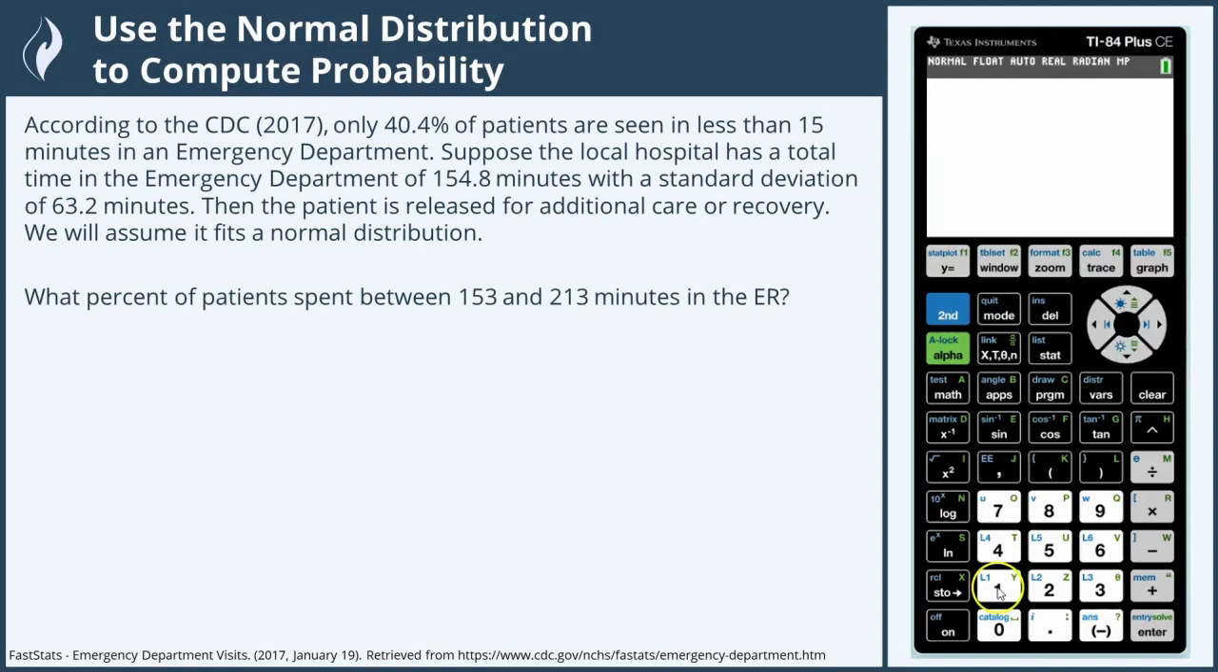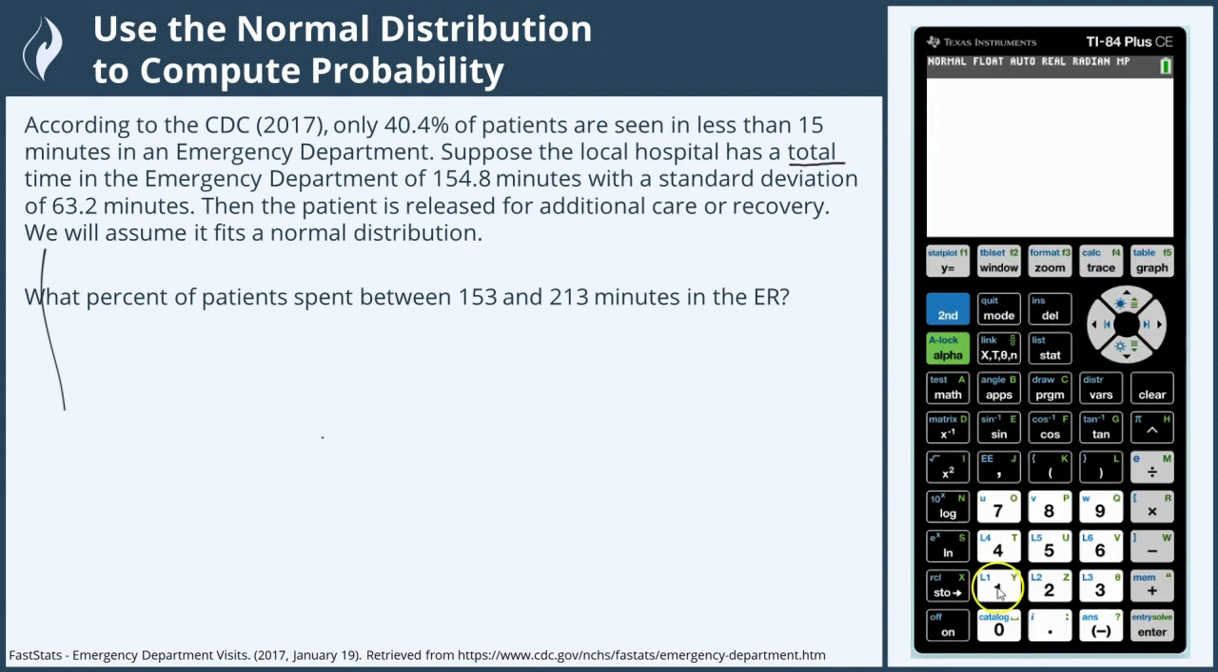So this is an example where we are using the normal distribution to compute a probability. According to the CDC, only 40.4% of patients are seen in less than 15 minutes in an emergency department. Suppose the local hospital has a total time in the emergency department of 154.8 minutes with a standard deviation of 63.2 minutes. This should probably say a total mean time or an average time. That is supposed to be our average, and a standard deviation of